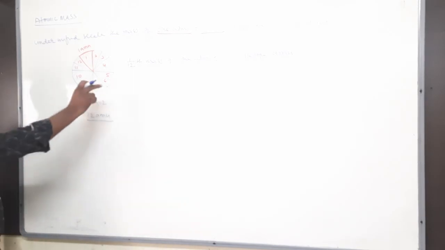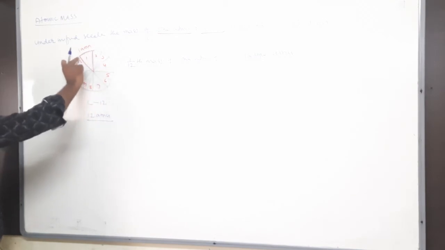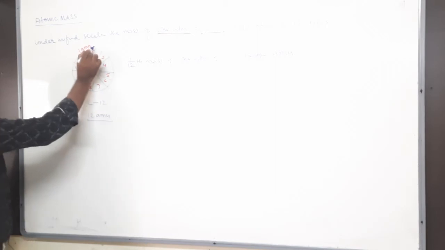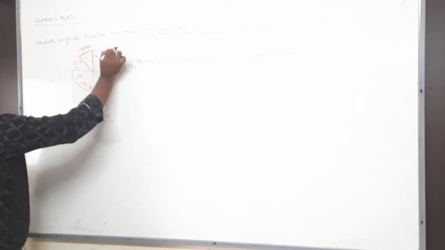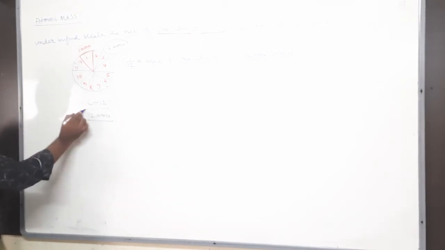Okay, it's all right. This one part is 1 AMU. But how many total equal parts are there? 12. By adding all the equal parts, you will get how much? 12 AMU. So this 12 AMU is what? Mass of one carbon atom. Which carbon atom? C12. There is C12, 13, 14, but we have taken only C12. Therefore, the mass of one carbon atom is equal to 12 AMU. Right. This one part is 1 AMU.